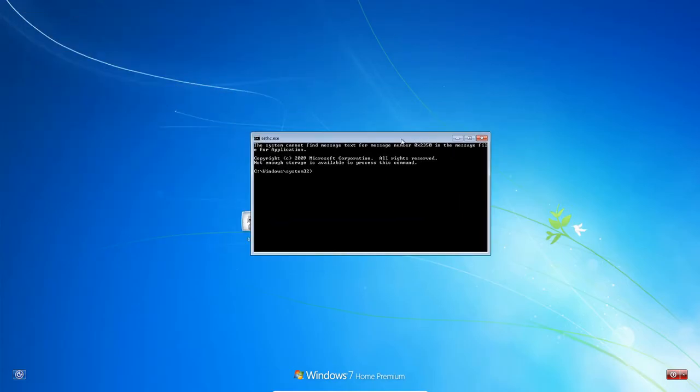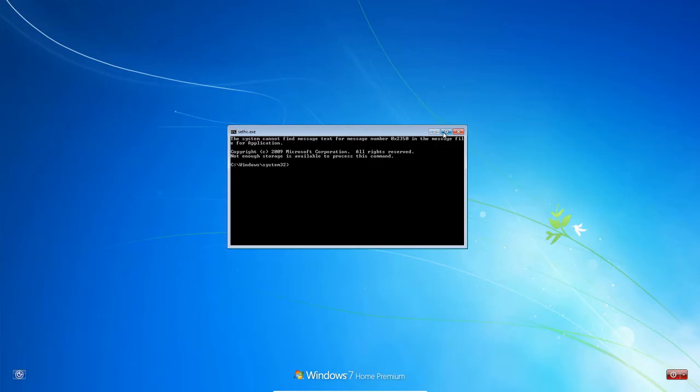And you're going to bring this to the center of your screen, and we are now going to create the new account. So for that you will type in net space user space. Now this part is where you type in whatever username you want for this new user. So for me, I'm going to type in Grinch